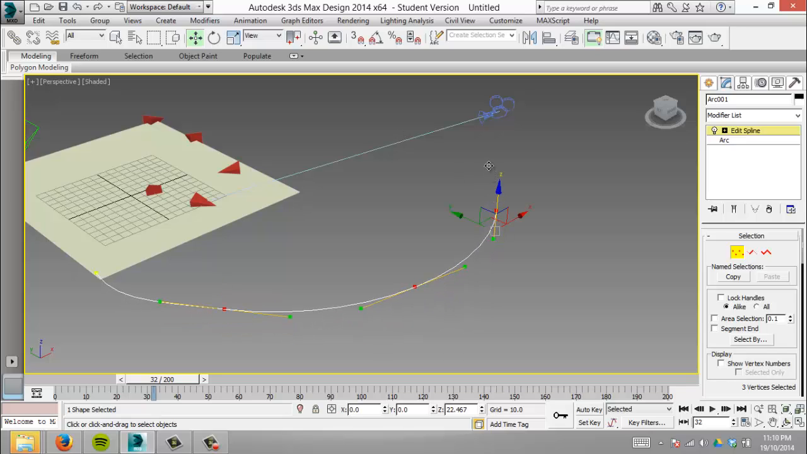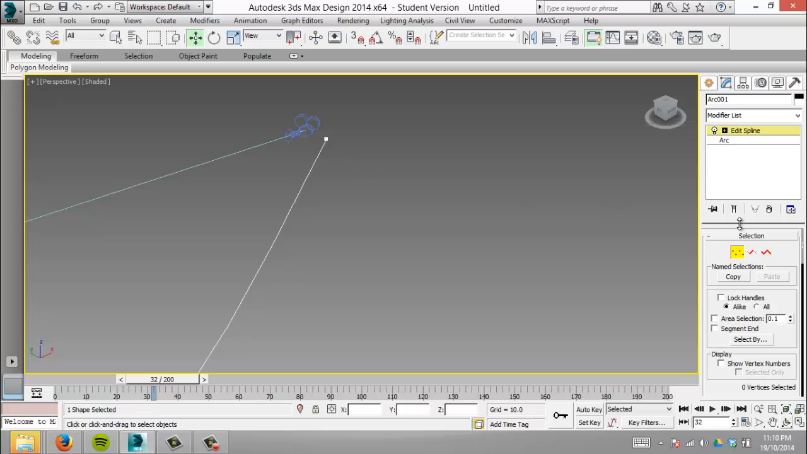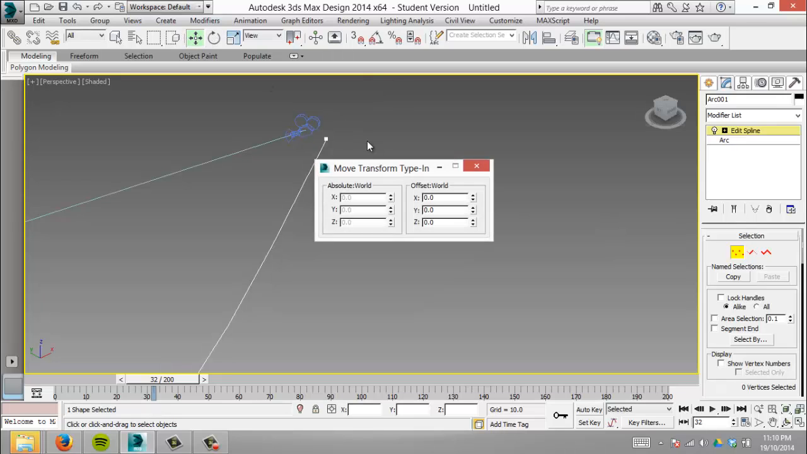Move that up a little bit, and then we'll deselect, select these two and do the same for that, and do that. Let's just finish that off. Now what I'd like to do is right click on here,